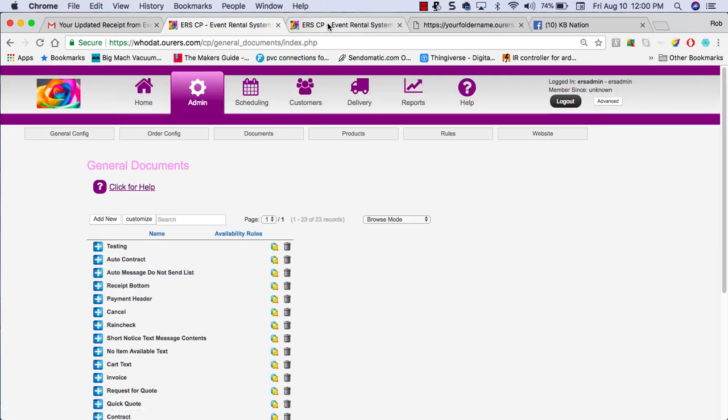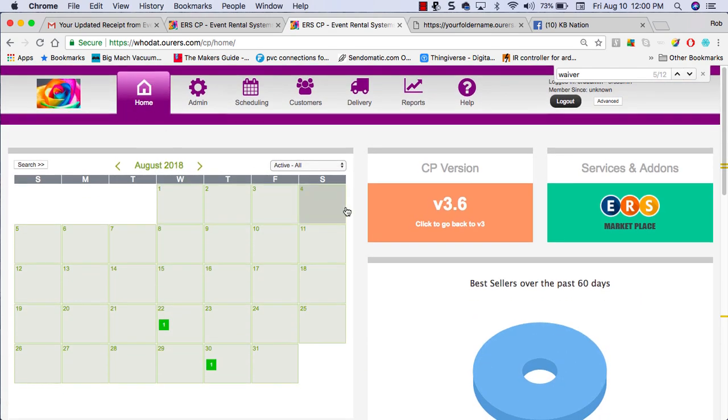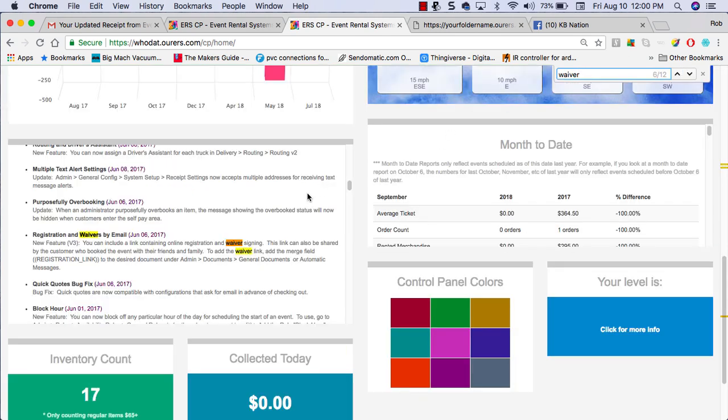The next step then is on your home control panel of ERS. You can do a control find on the screen and actually look for a keyword such as waiver to go through the recent updates, and you'll find back on June 6, 2017, we established the ability to have waivers. And this merge field,